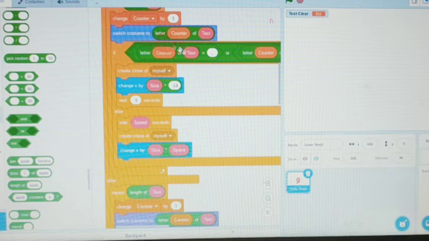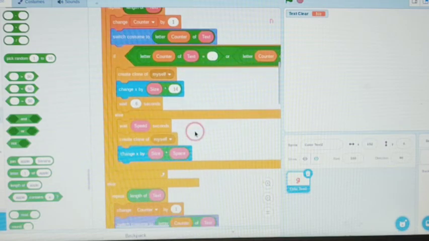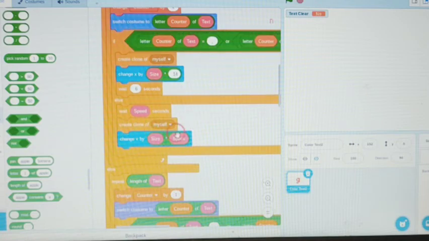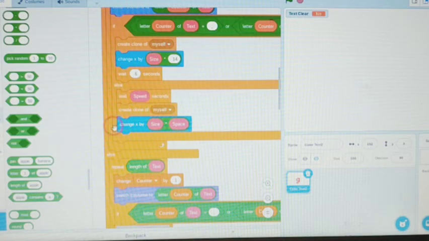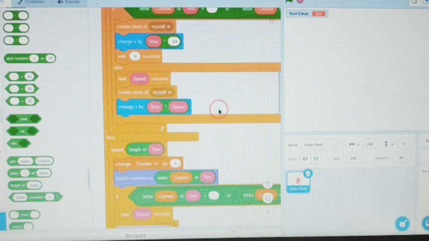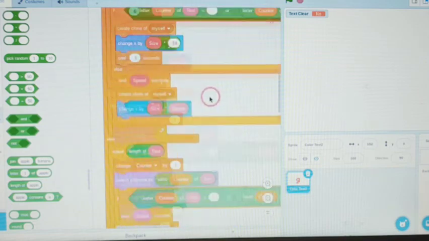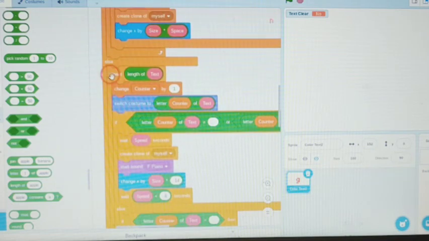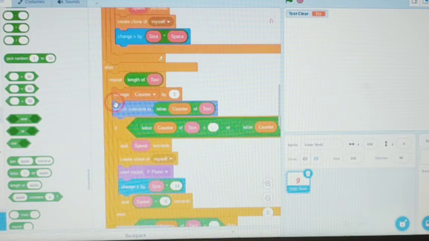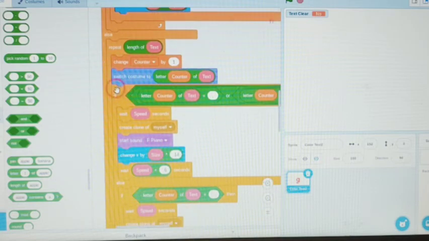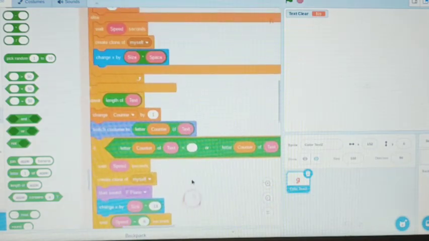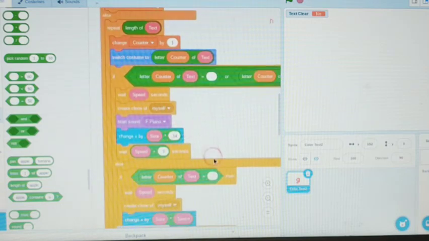Alright, so if it's not, it's going to wait speed seconds, create clone of itself, and instead it's going to change x by size times space. Alright, now you're going to want to do basically the same thing. Repeat length of text and change counter by 1. Switch costume to letter counter of text. Basically copy the same thing to here, but now